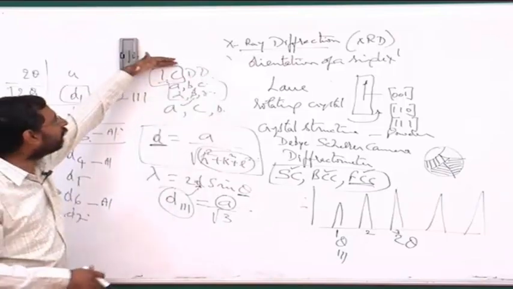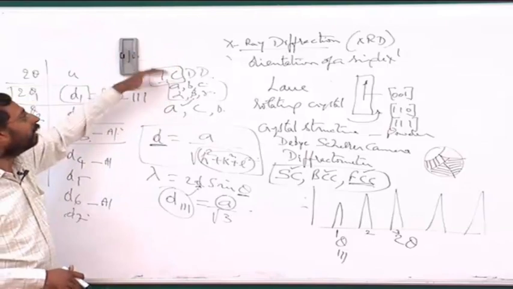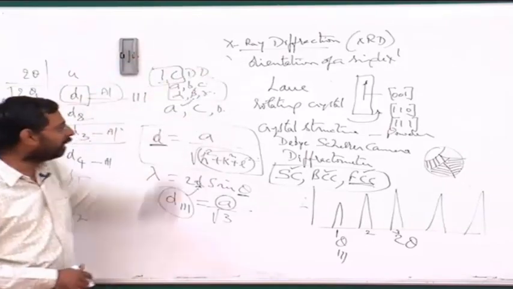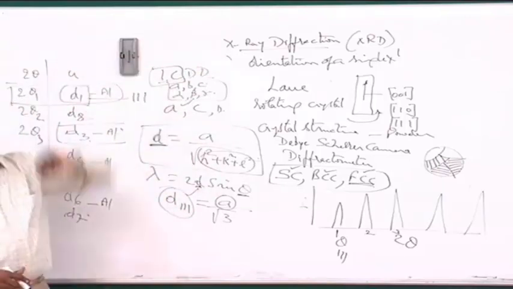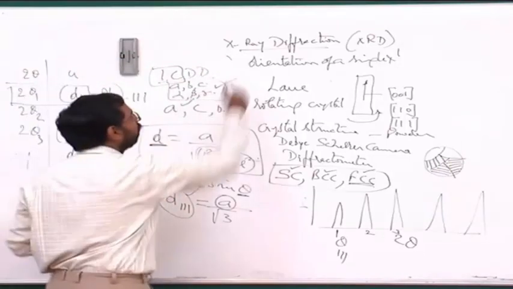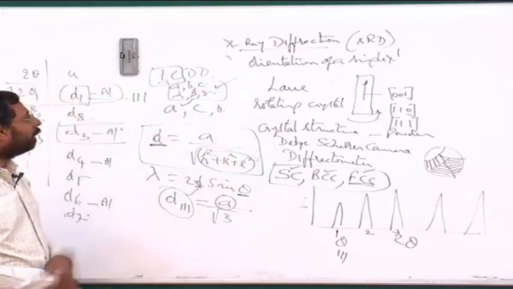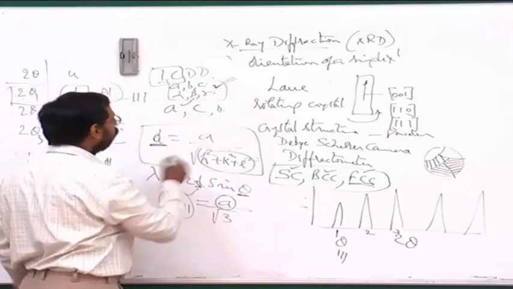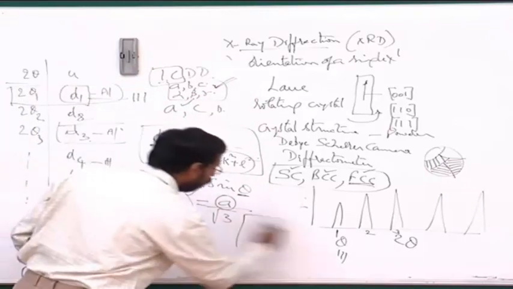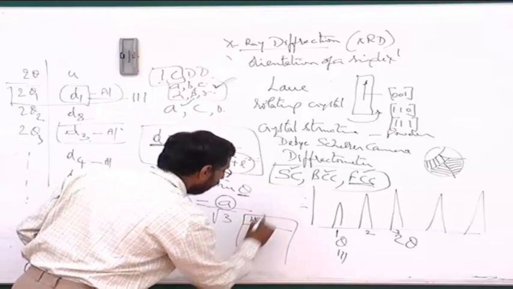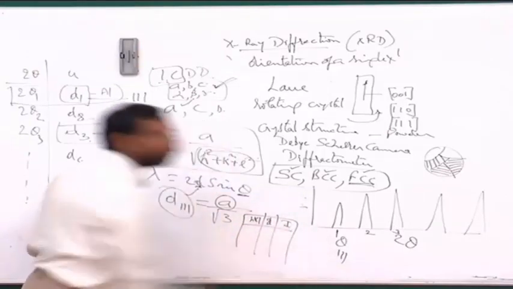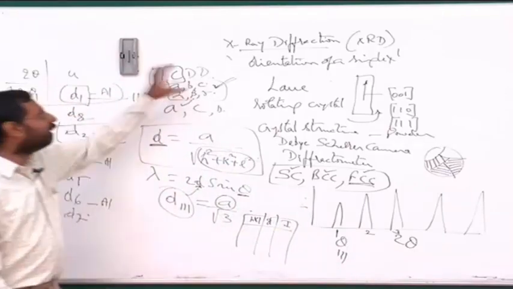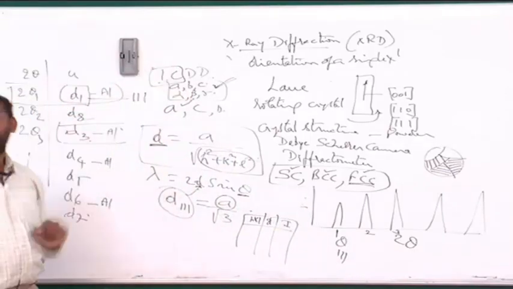So that is how this data is updated every year, and as a result you have the complete information of all the phases. So if you are using ICDD, you don't need to do all these calculations anymore. You will simply get it from the handbook. In the particular table corresponding to that phase, you will first have this data, then the table which I mentioned, where you have the HKL, d spacing and intensity. So this whole information is available for every single phase in the ICDD. So this is how we calculate.